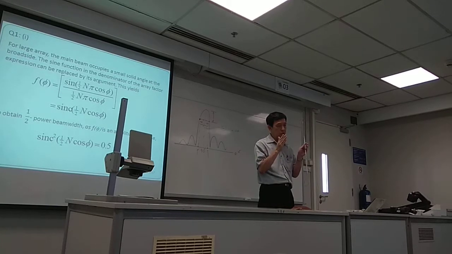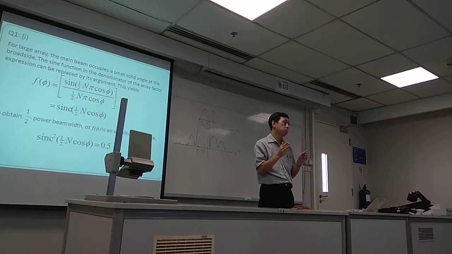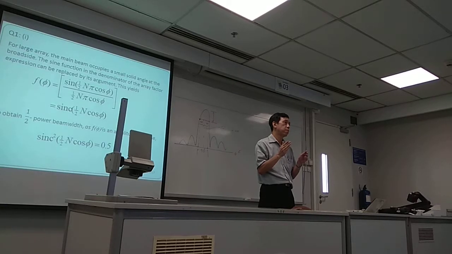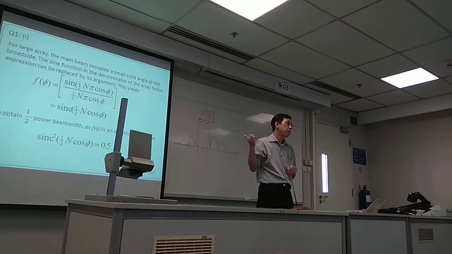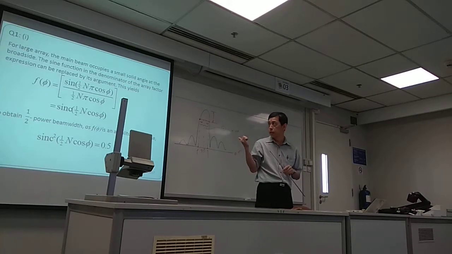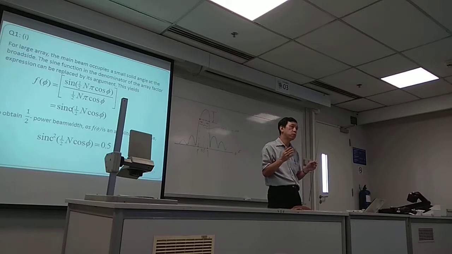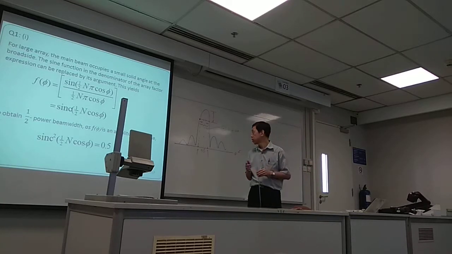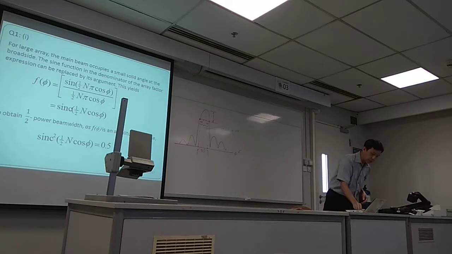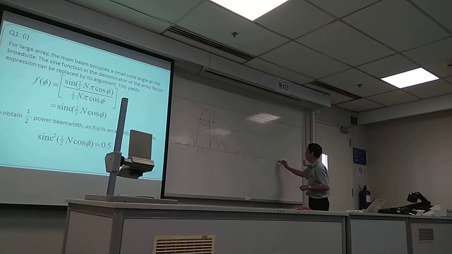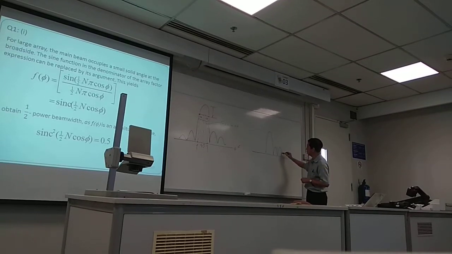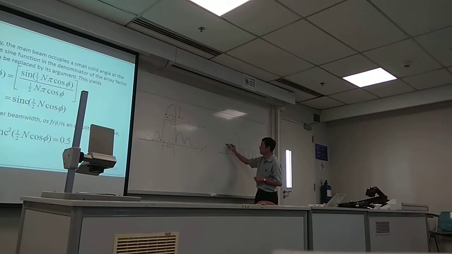So if you have your inter-element spacing to be half wavelength, that actually corresponds to a sampling interval which is half of that of your maximum frequency component. You can visualize. But for the case of a linear array, sometimes you can actually afford to allow the inter-element spacing to be more than half wavelength. It is still actually okay. The reason is because in some applications, for example, if you are talking about equal side lobe array design,